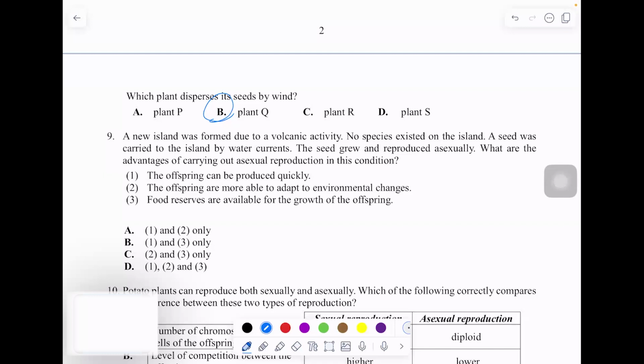Then in this case, they can easily continue to grow larger and larger. So in this case, the offspring can be produced very quickly, they will grow very quickly, and at the same time,